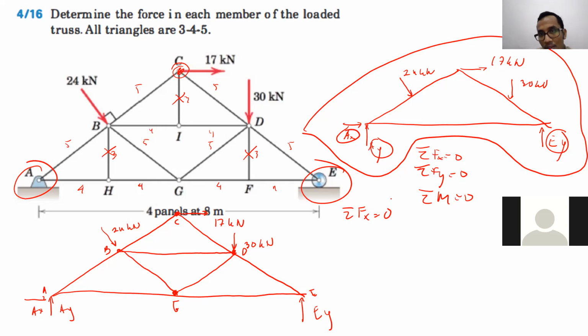What do we have in the x direction, Judy? We have AX. What else? Plus 17 kilonewton. And we have 24, and the angle is supposed to be, okay, so it's 24 kilonewton multiplied by